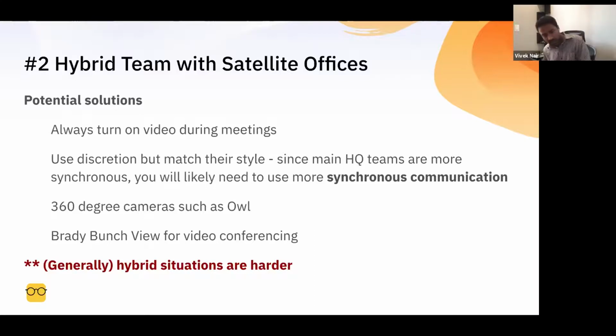But the reality is, and one thing I really want to point out here, is that hybrid situations are super tough, just in general. That feeling of power imbalance is something that's very, very hard to break away from. We've seen certain attempts at it, which have had mixed success, of management trying to create new teams for new products and features in a fully distributed manner.